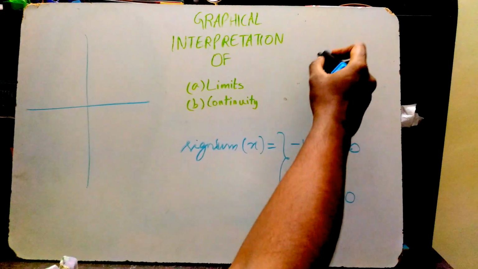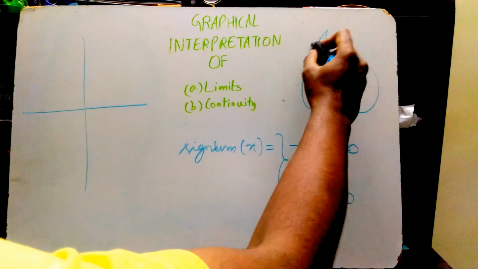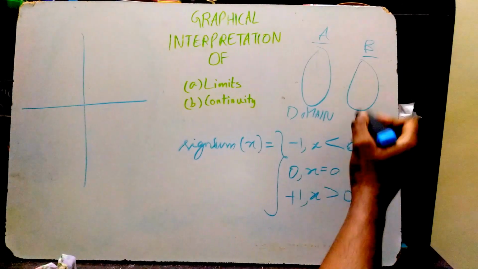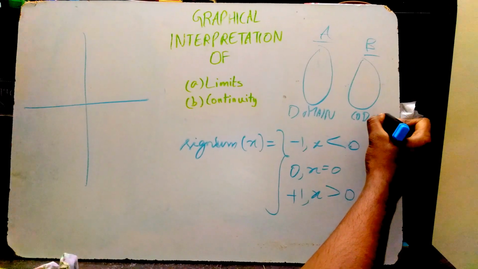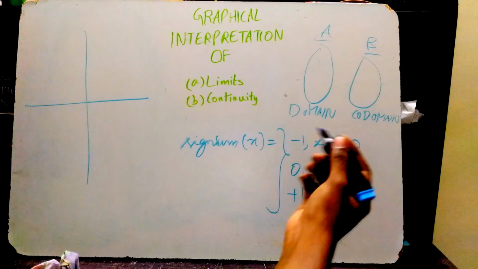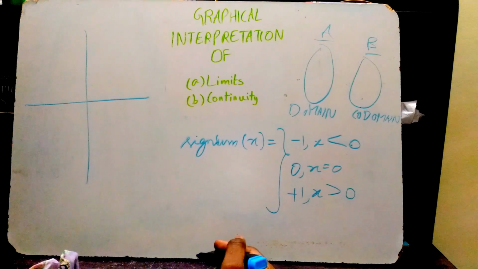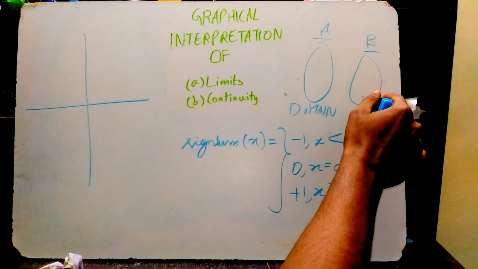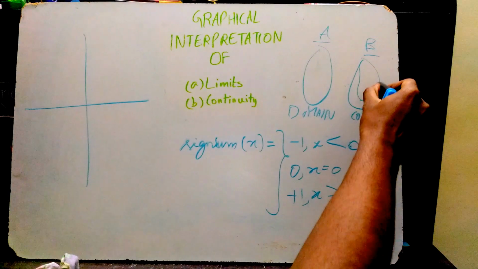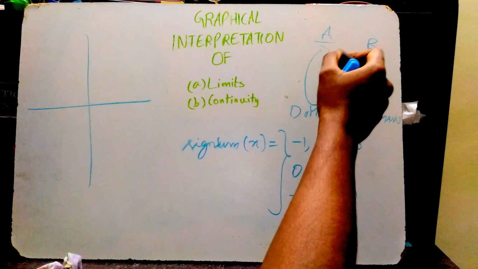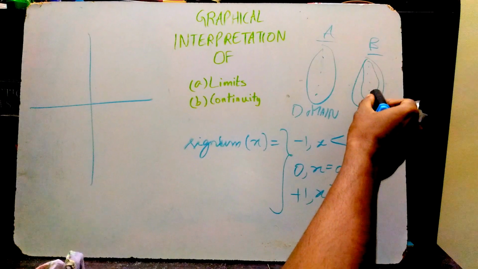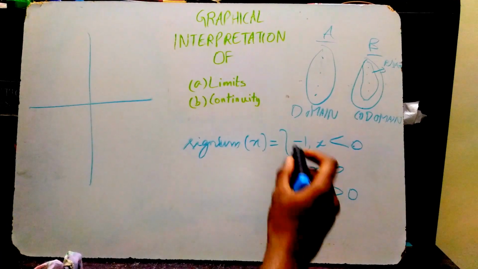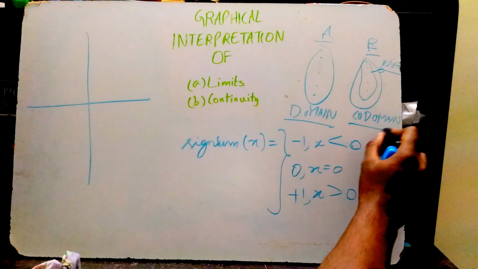oh, by the way, in a function, set A is called the domain and set B is called the codomain. But in the codomain, some elements may be left out. They might not be related to even a single element from set A. So after eliminating those elements, the elements which are related to at least one element from set A make a set called the range. So when a function is given, we are keen on the domain and range but not the codomain.